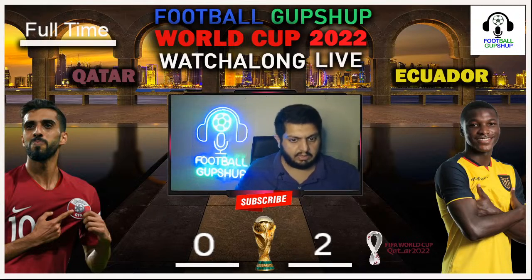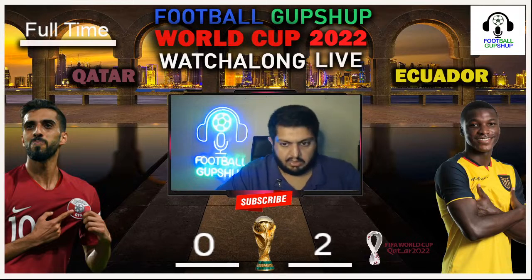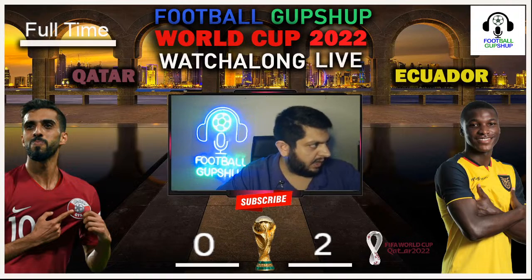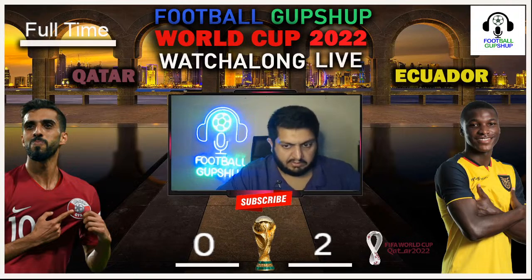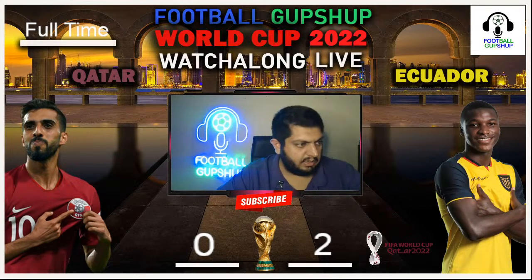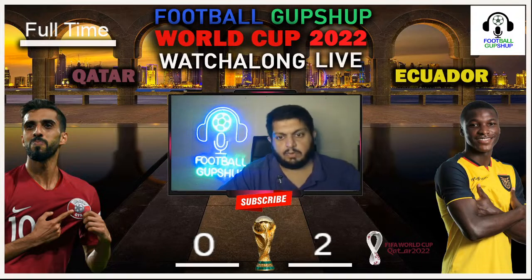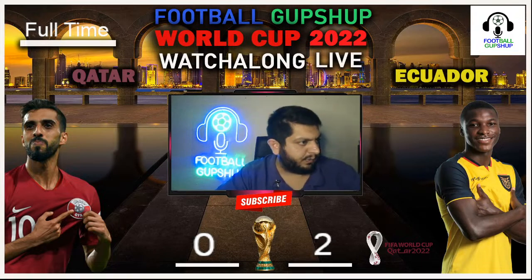It didn't turn out to be. So they did try their very best. And you can clearly see some handshakes. So it is full time, and Ecuador getting the first win of the World Cup.